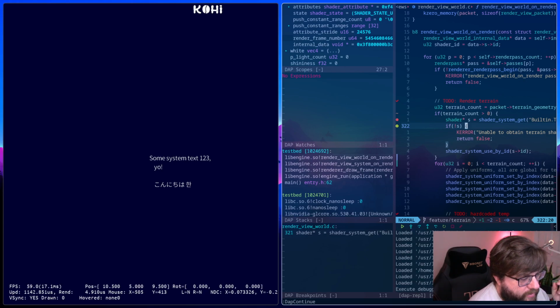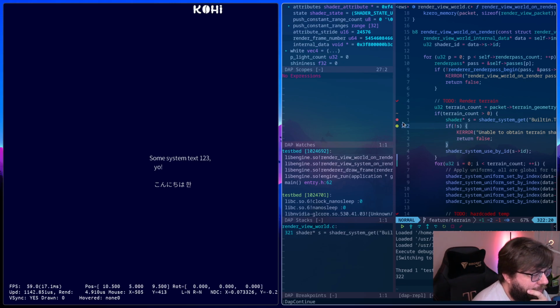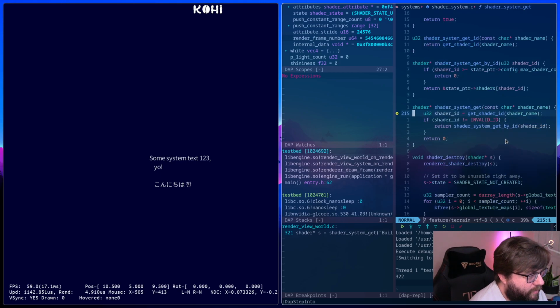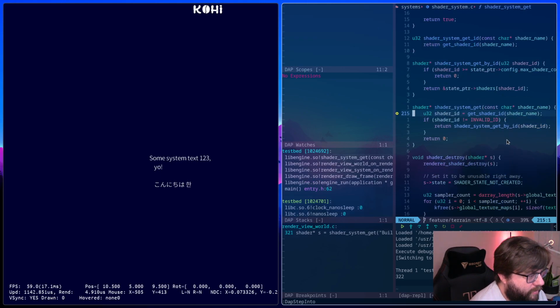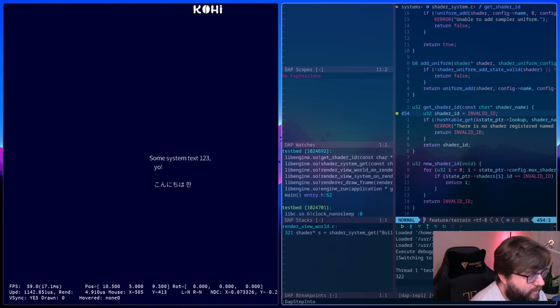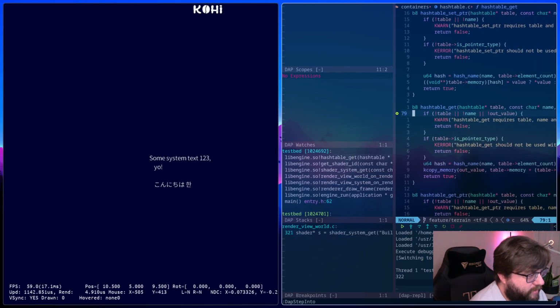So, do we have any... We don't have any exceptions down here. So the shader, get shader ID, shader name. This is going to look through our hash table.